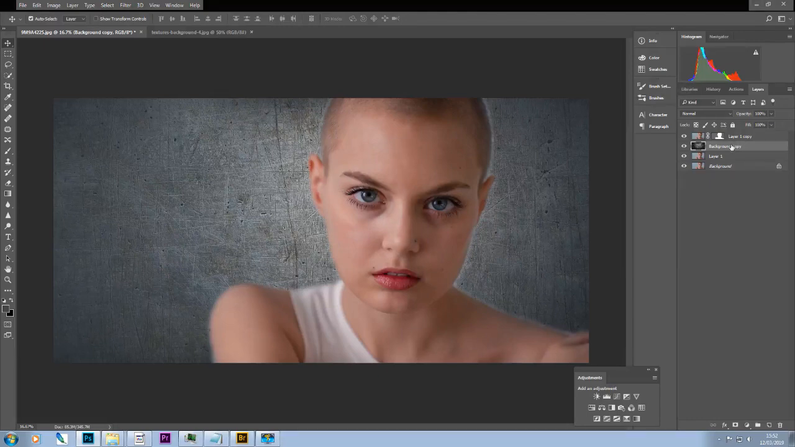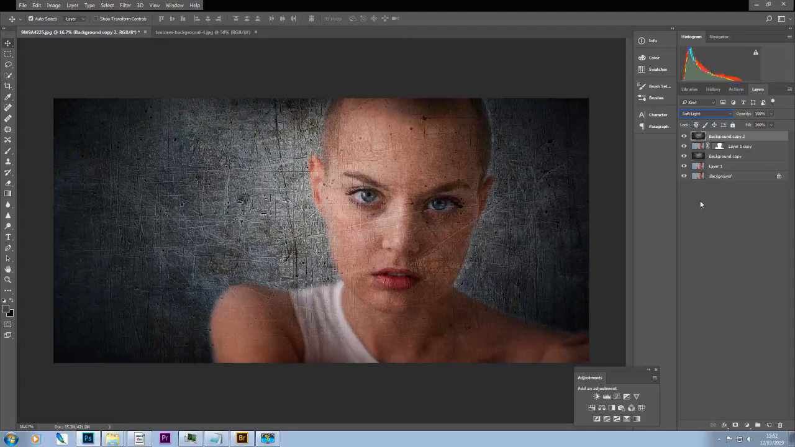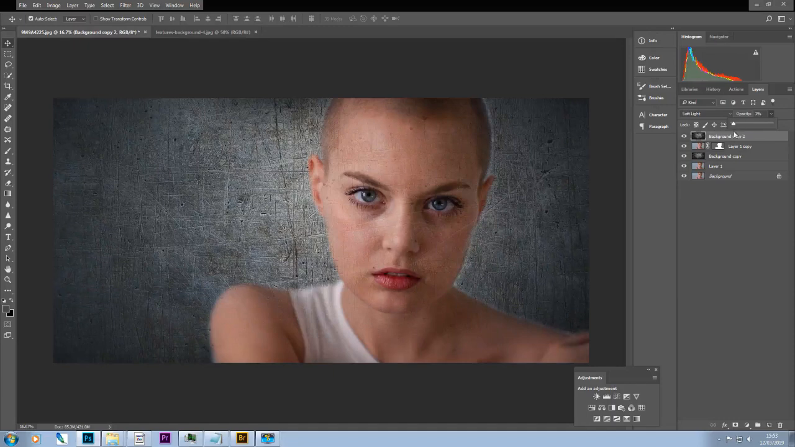So what I'm going to do is make another copy of this background, and I'm going to place it above my masked image, but I'm going to change the blend mode to soft light. And now I've got another image of the background, and I can reduce the opacity of this,